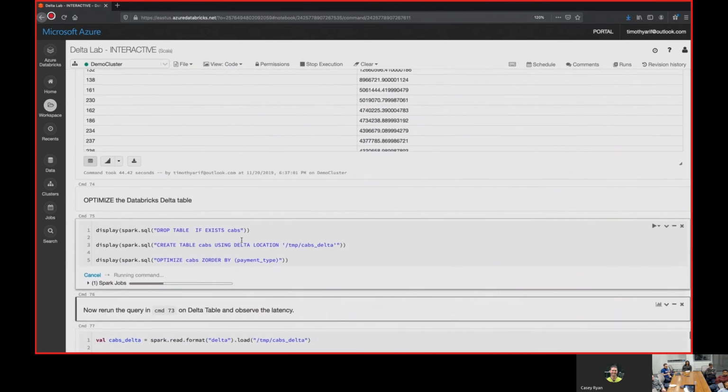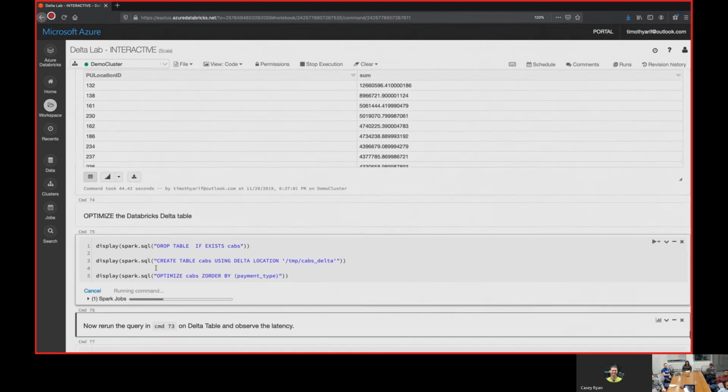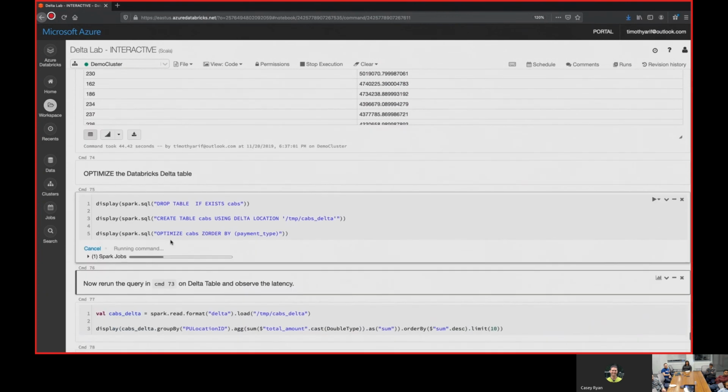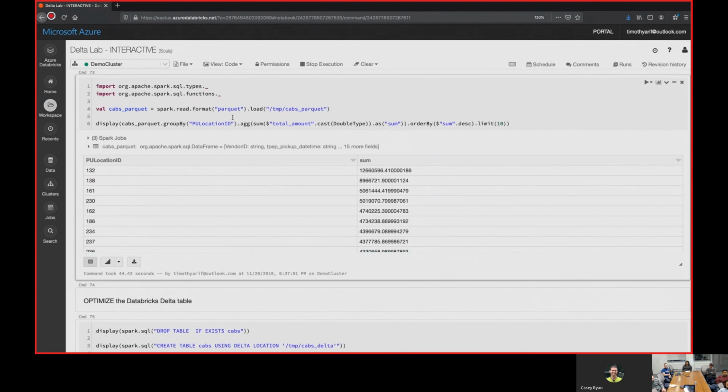So now we're dropping the tables, creating the table from the Delta location, and then we're going to optimize and Z-order it. We have 44 seconds. Once this is done, we're going to rerun this query, reading from the same data set, just to show the latency difference between the two. That's still as if it's coming from Parquet, not even calling it a Delta file.